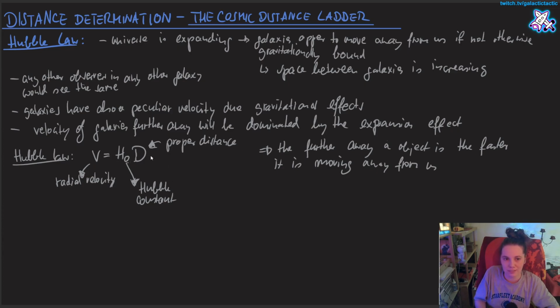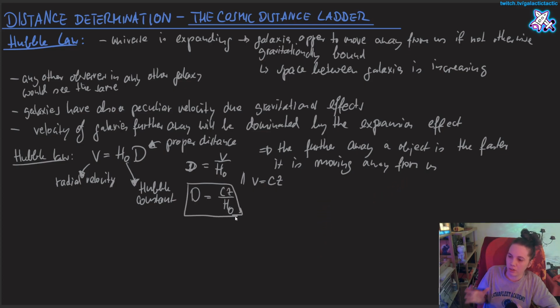We can rearrange this to the distance, so we then have d equals v divided by the Hubble constant. So we need to find v. We can find out v with another formula, which is the speed of light c and the redshift. And now we're gonna go into where the redshift comes from, right? So then the formula becomes this.